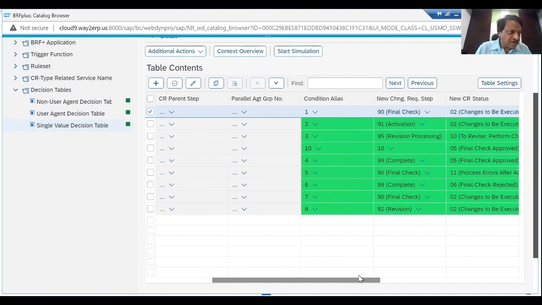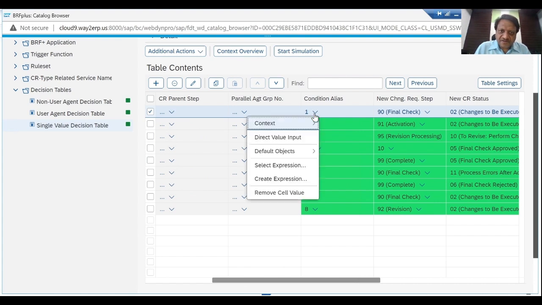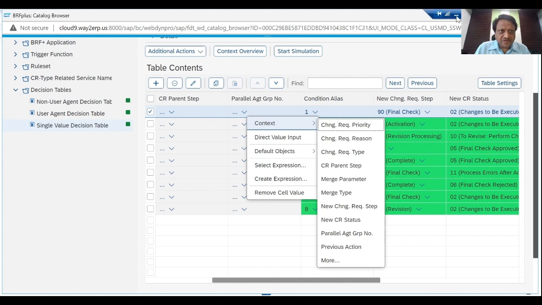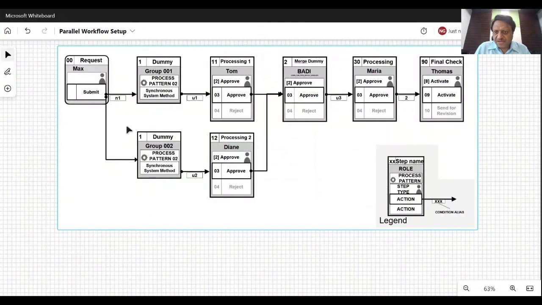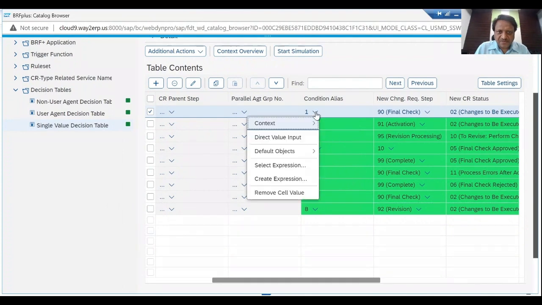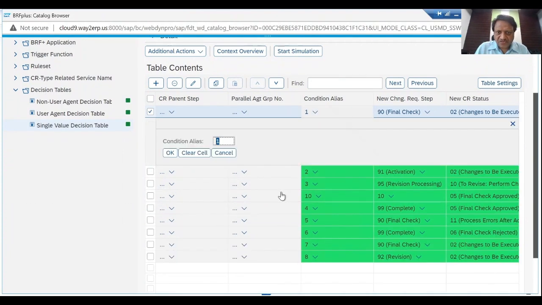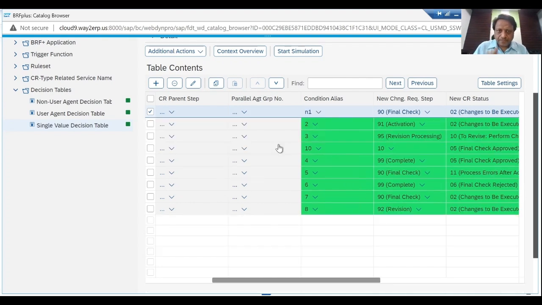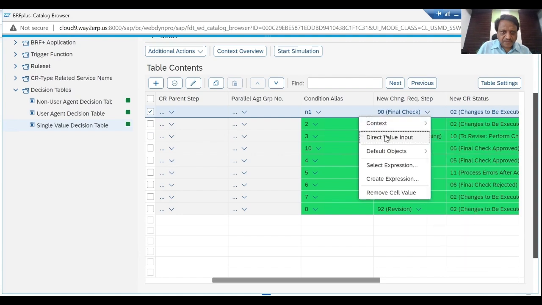let's say condition alias, we'll define this condition alias as our own condition. So what's the number? This is n1. So let's go to this and replace this condition alias with a direct value input. Let's call this n1. So we'll have to make the corresponding changes in the other decision tables. And the next CR step instead of